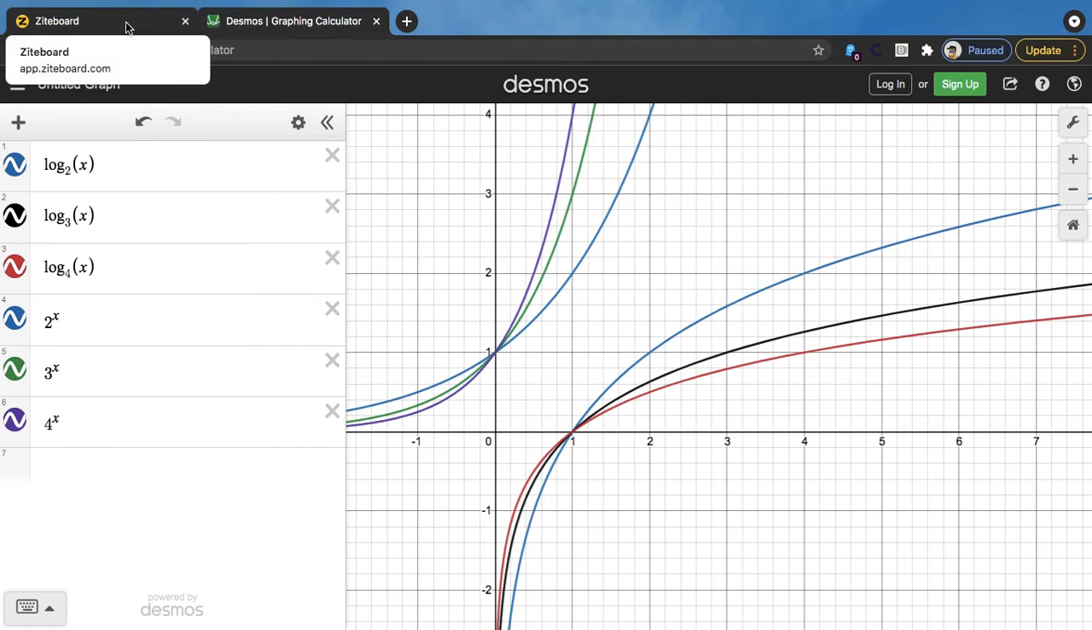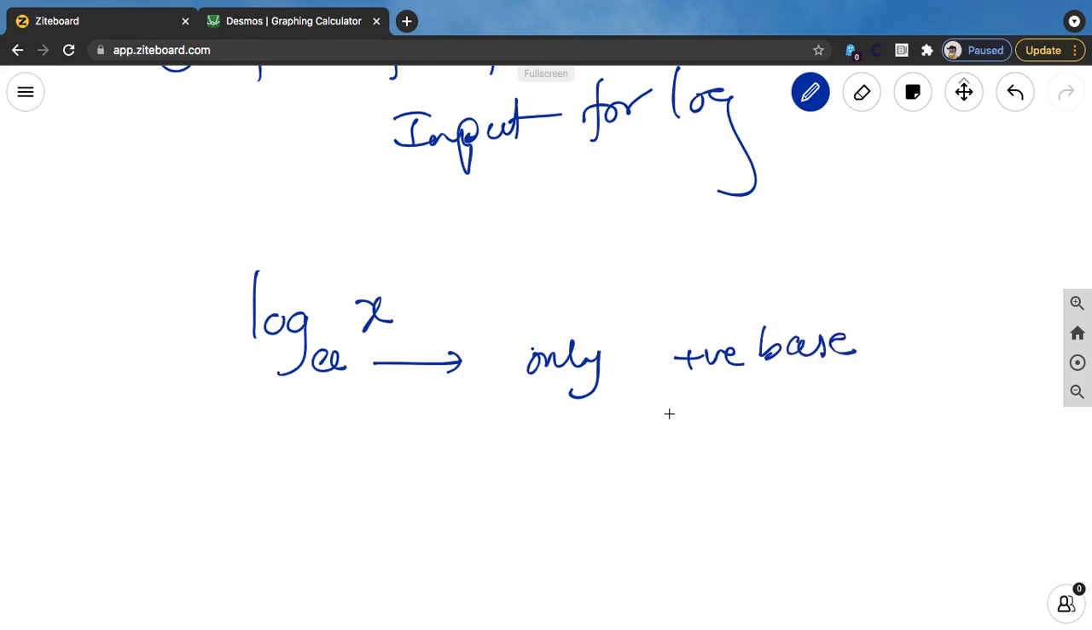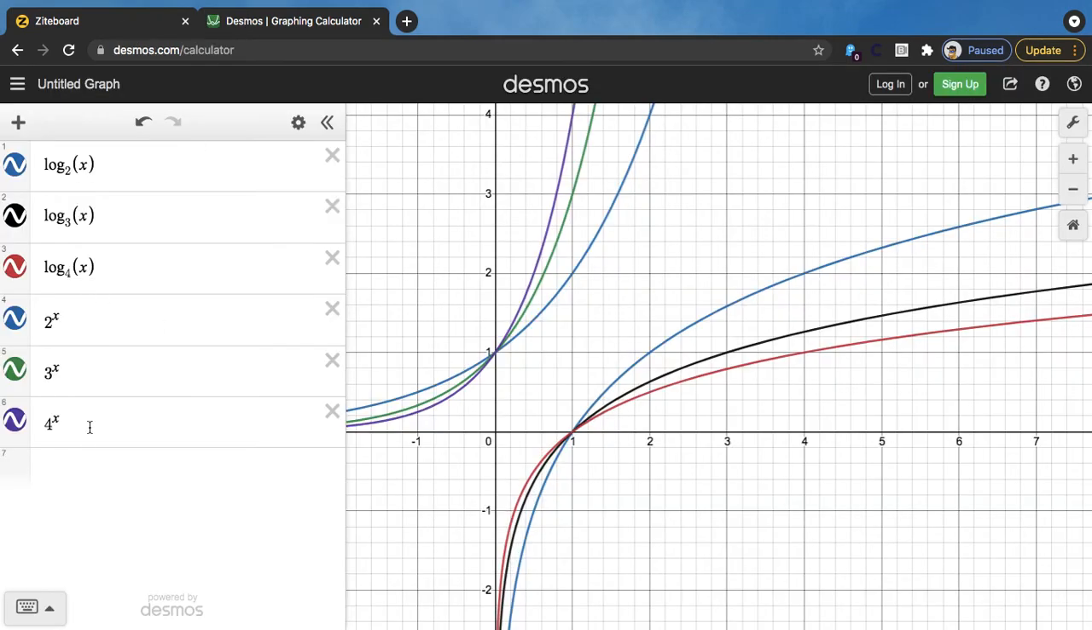So what kind of a translation is that? Log of x to the base a, where the base can be only positive. Remember, in the exponent also we said the base is only positive. So only a positive base, but the base can be less than 1 or greater than 1. That is fine. So if the base was less than 1 in the case of an exponent, let's see what had